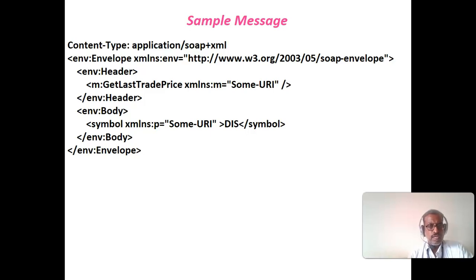And then the header. The header contains a lot of information; get last trade price is one among them. In this slide I am using xmlns:m equal to some URI. You may get the recent trading price from some URL. And then the body tag contains some URL, the symbols and other things. Here we are using the symbol tag, and close all tags. This is a sample SOAP message